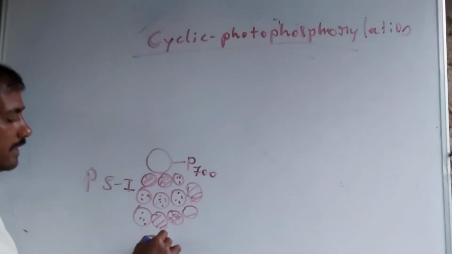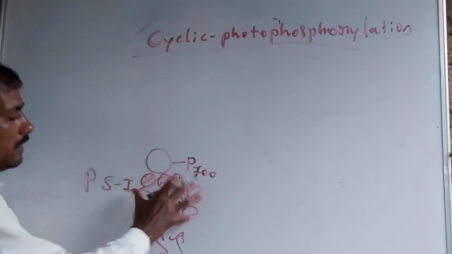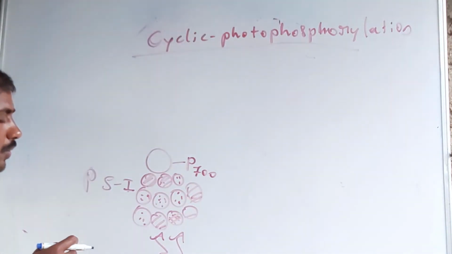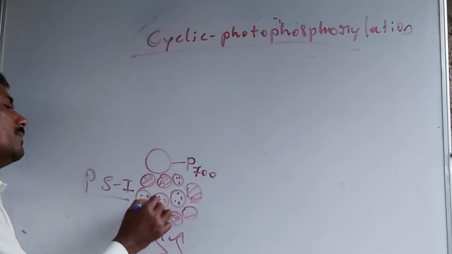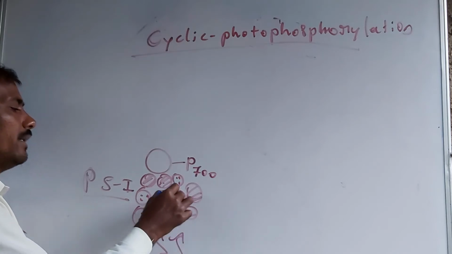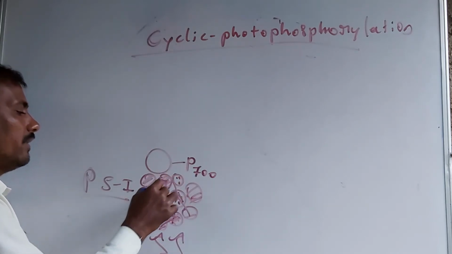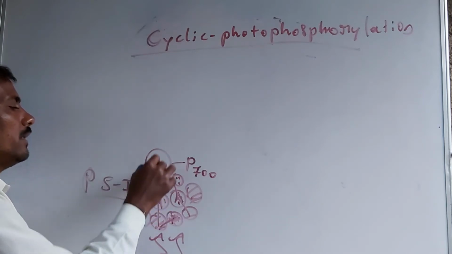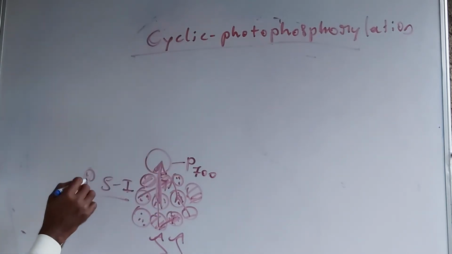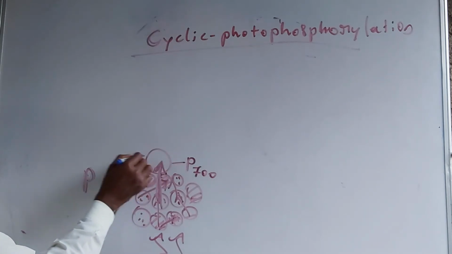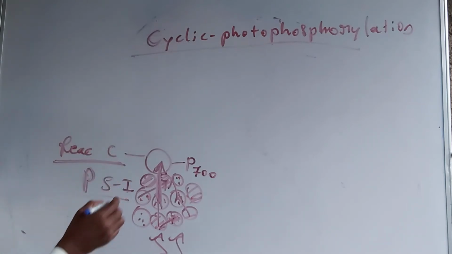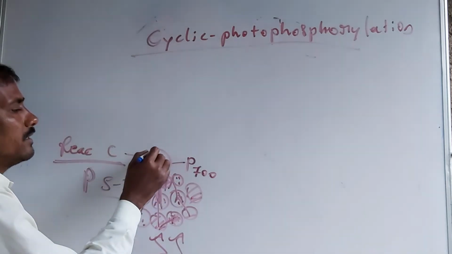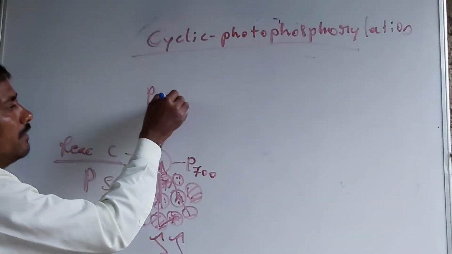When the sunlight reaches the light harvesting molecules of the pigment system first, they absorb it and transfer it to the other molecules, and finally in this way it goes to the reaction center of the pigment system first. This is the reaction center of the pigment system first, the P700. I will show you here the P700 molecule.